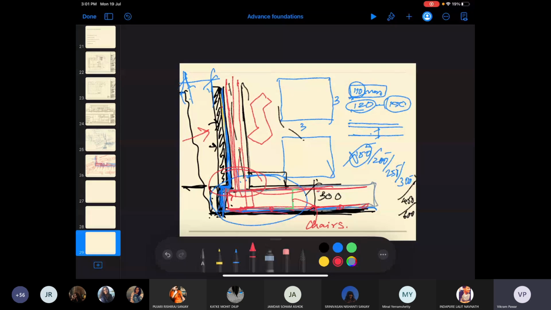So this reinforcement will go inside, and it will be anchored to have a lap joint over here. This reinforcement will go, and it's supposed to anchor over here, but there is no space. So it will loop around over here, and it will come back over here. So I'll draw it in another color over here.